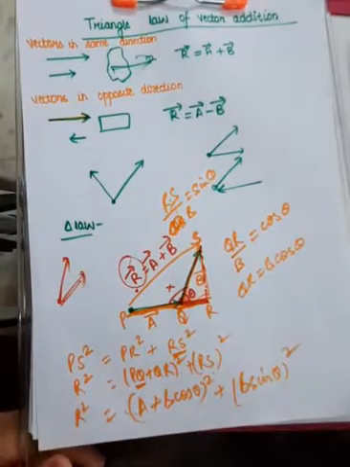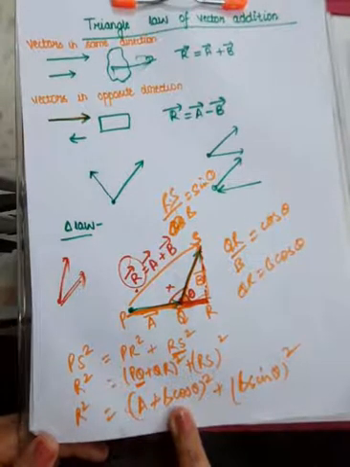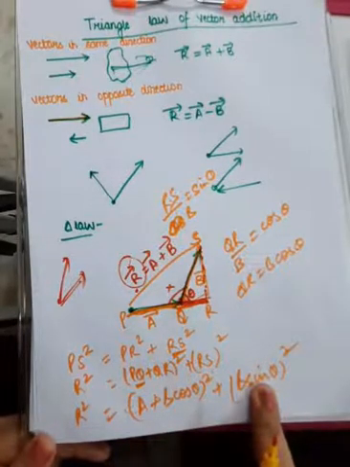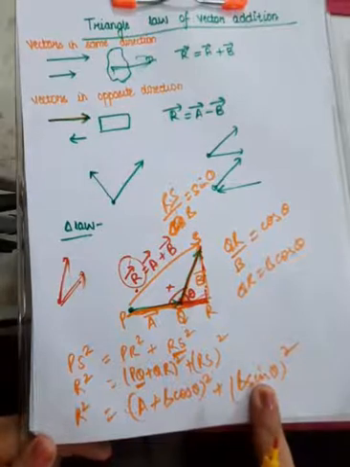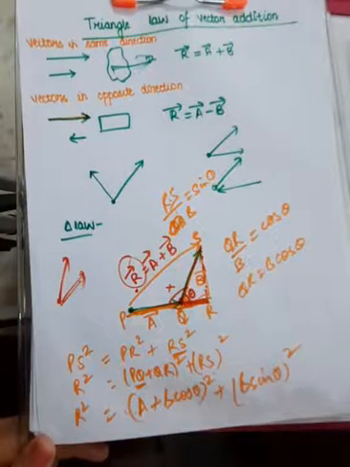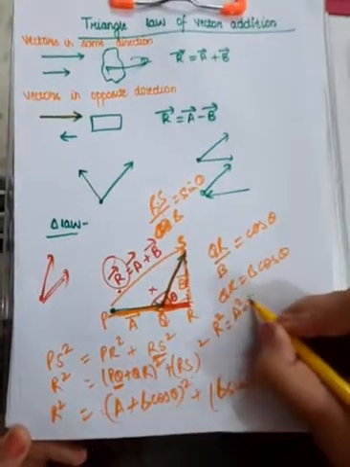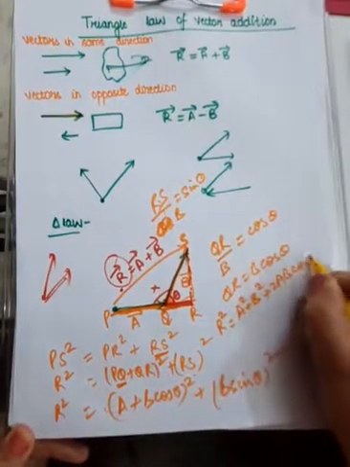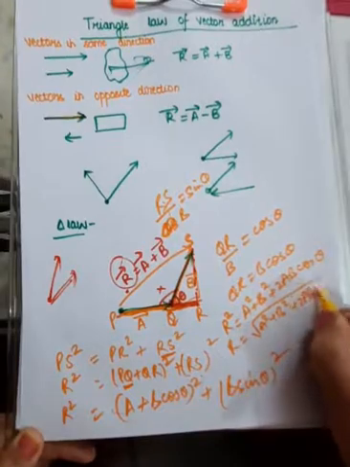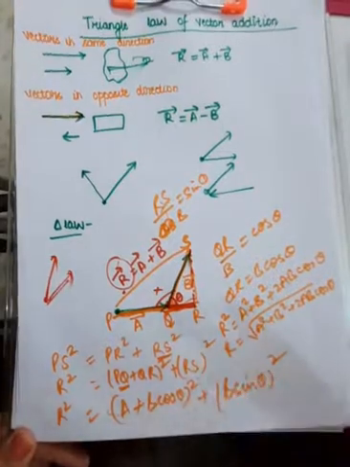I would urge you to solve this, and when you solve it, it will be A square plus B square cos square theta plus 2AB cos theta plus B square sin square theta. Then you will take B square common from two terms, and cos square theta plus sin square theta will be in the bracket. That will be equal to 1. It's an identity: cos square theta plus sin square theta equals 1. So what you will be left with eventually is R square equals A square plus B square plus 2AB cos theta. So R is equal to under the root A square plus B square plus 2AB cos theta. So this is the magnitude. So target number 1 is achieved, that we have found the magnitude of the resultant.